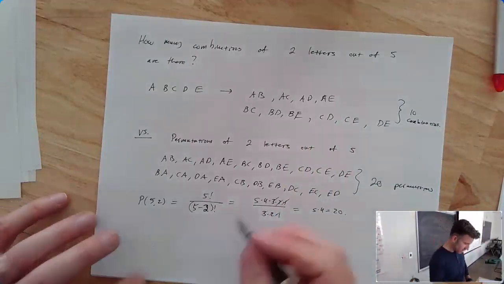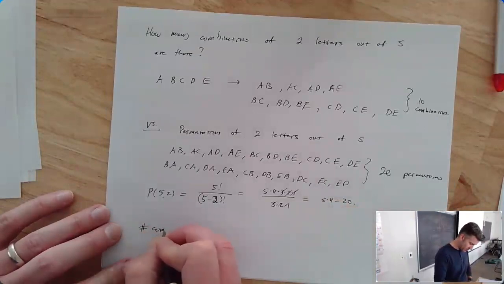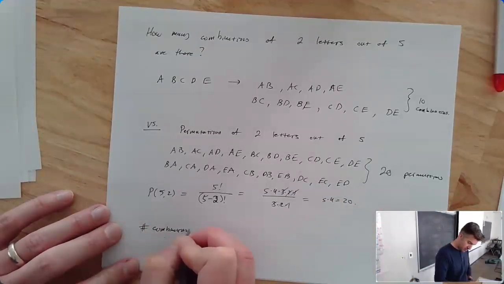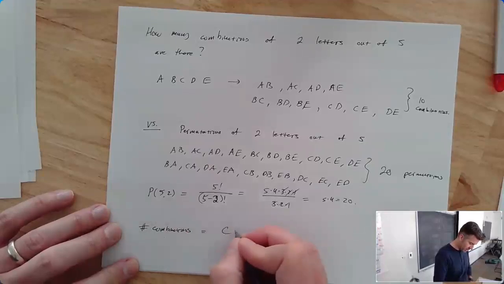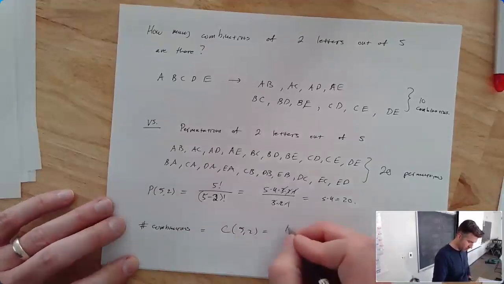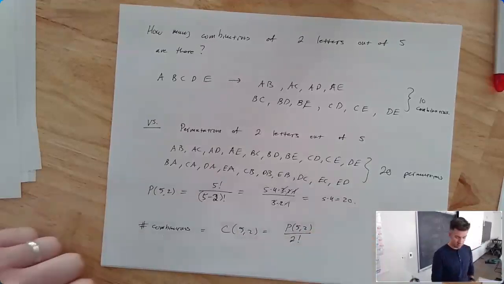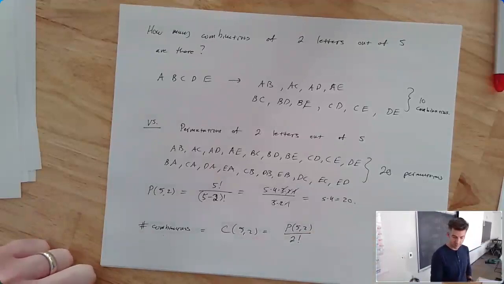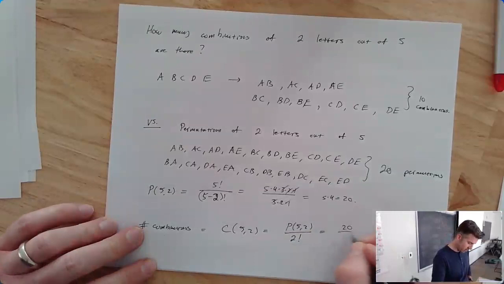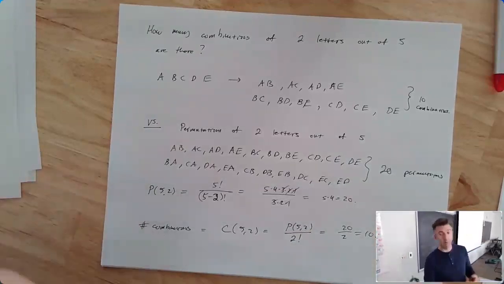In other words, the number of combinations, which we could write as C of 5 comma 2, is going to equal the number of permutations divided by 2 factorial, which is 20 divided by 2. Or more generally,